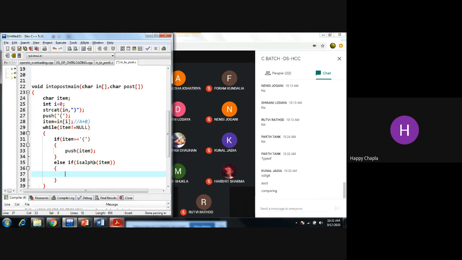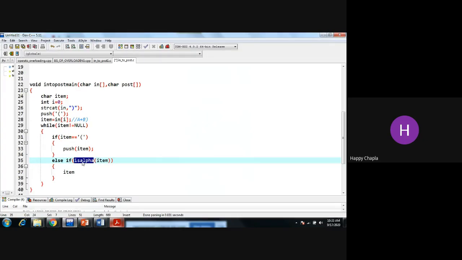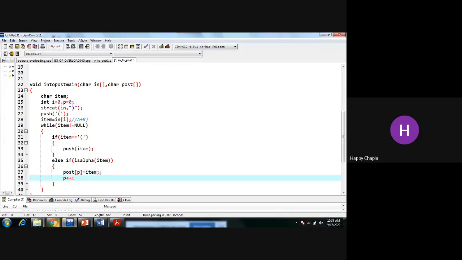We just need to add that item into the postfix expression. Whatever value is present in my item, for sure it is between A to Z, because then and only then this condition runs. तो उसको मुझे postfix of J. I'm not using I because I is for infix, so I'm writing J equals 0. Let's take P, so it is easy for us: postfix for P, infix for I. और P को plus plus करके रख देते हैं.